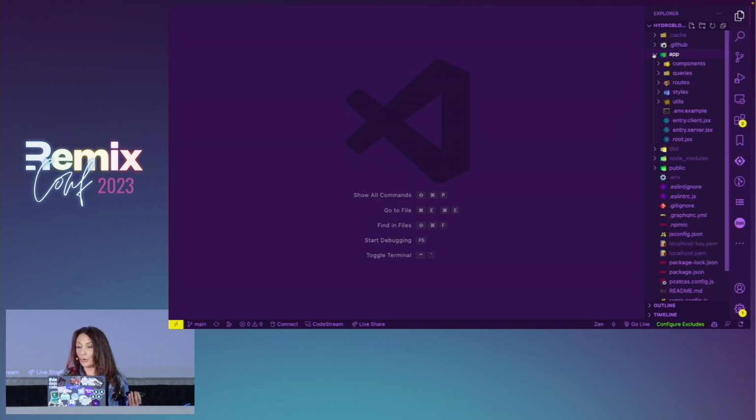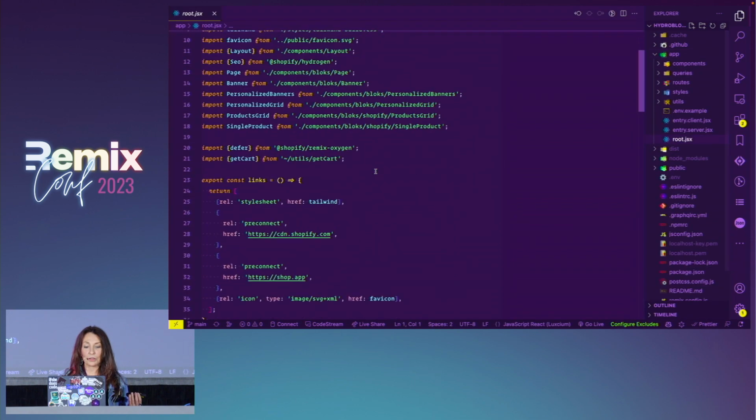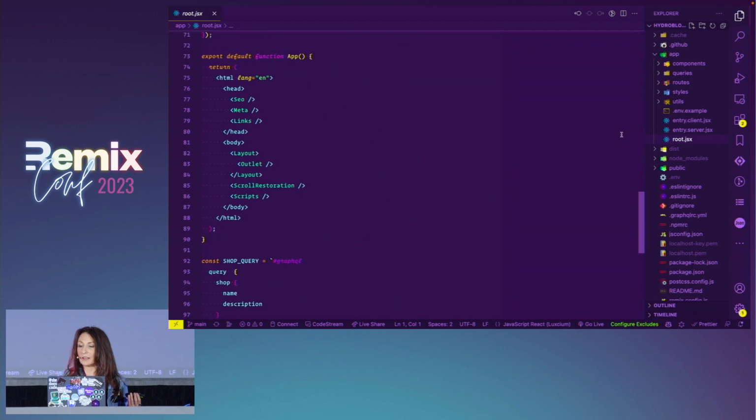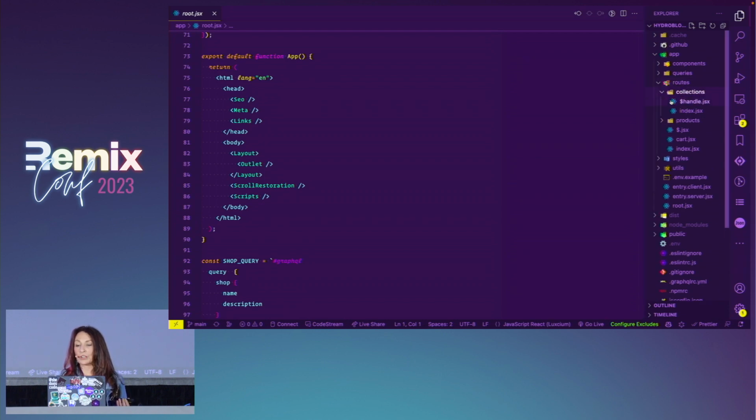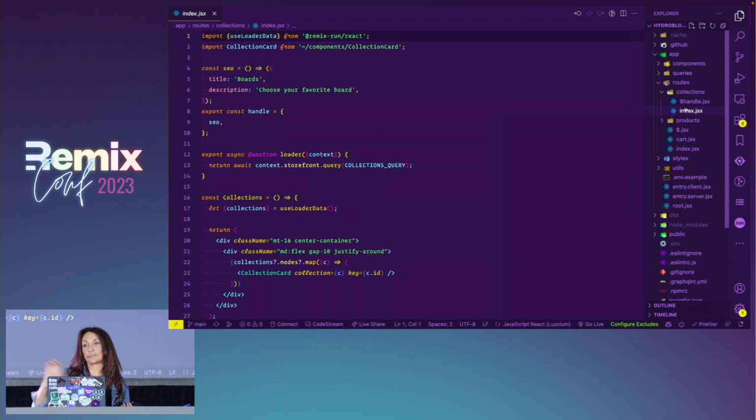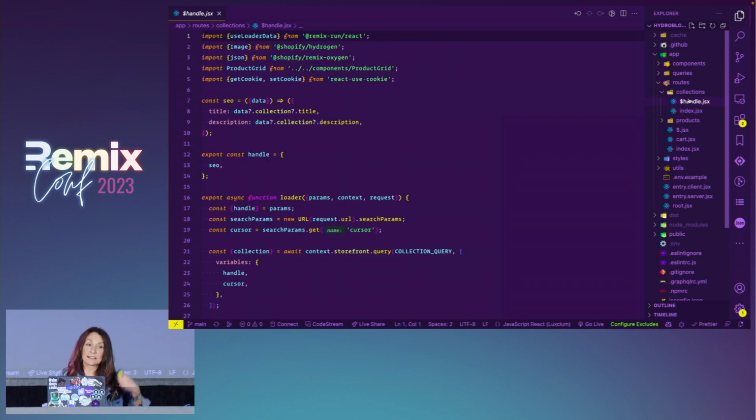In our app, we have our root file, so you can see everything familiar here. We have our routes, and in the routes I have created a collection folder with the index, and the index is showing the entries from the collection from performance boards and original boards. And here's the collection details that I wanted to show, where you can see all the products from the collection with a load more button,